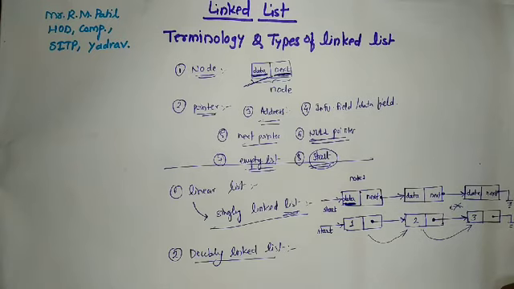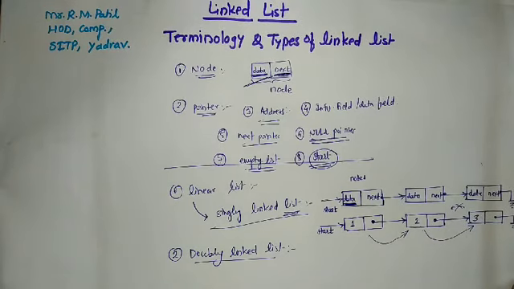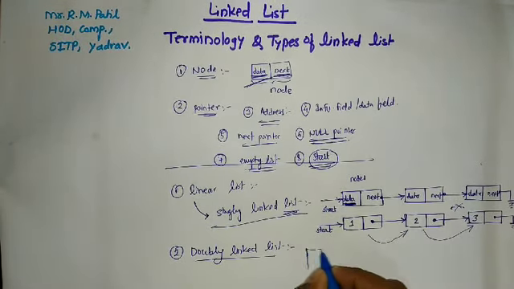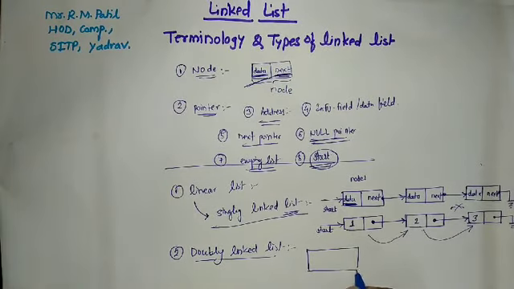In this type of linked list, each node holds 2 pointer fields, that is, a link exists between adjacent nodes in both directions. So in a doubly linked list, 3 fields are considered, that is a reference to the previous node, the data field, and a reference to the next node. Here we are going to check the logical representation of the doubly linked list. So consider a doubly linked list, this one we are going to call a node.